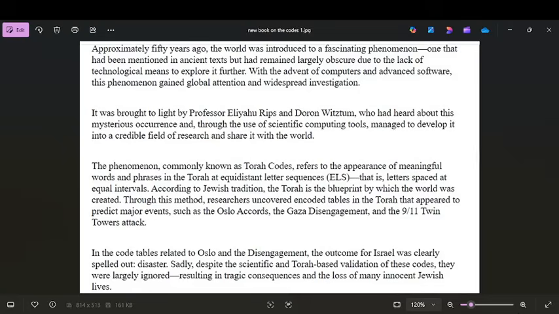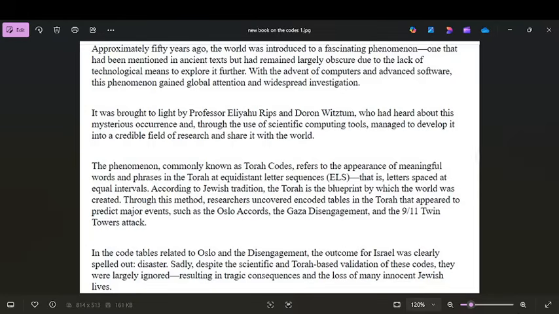There is great interest now in the Torah codes, the Bible codes, and here is a very interesting introduction to a new book which is going to come. You can see here,